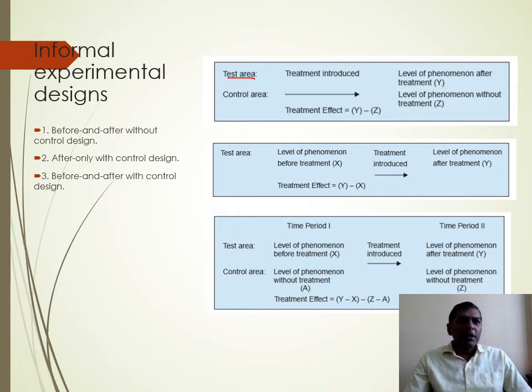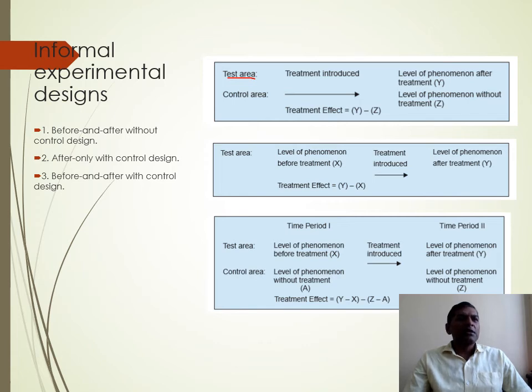In this particular design, we have a level of phenomenon where we are providing x as a variable. This x variable is applied with some treatment, and then we get a y variable as output after experimentation. So the effect of the treatment on input to output is verified here. This is known as the treatment effect, y minus x.